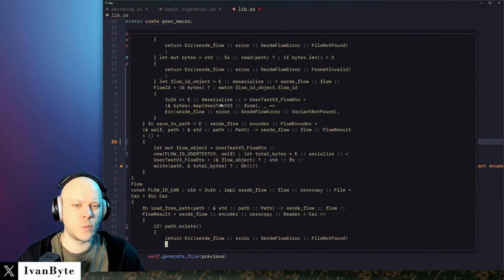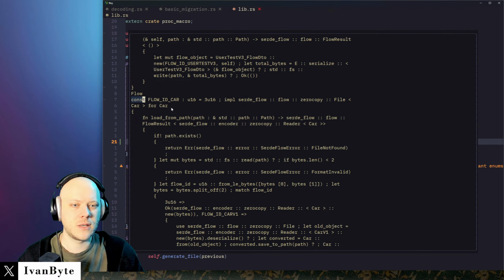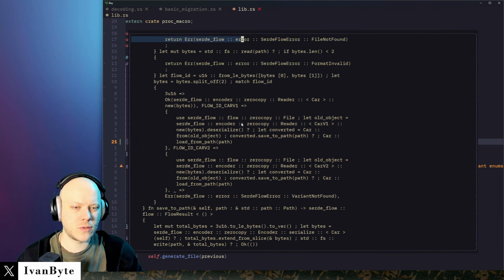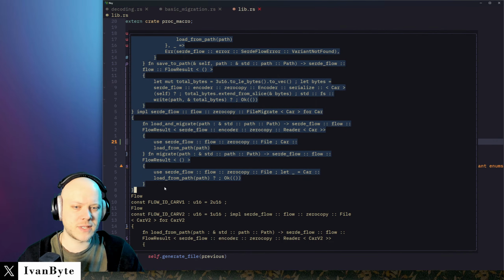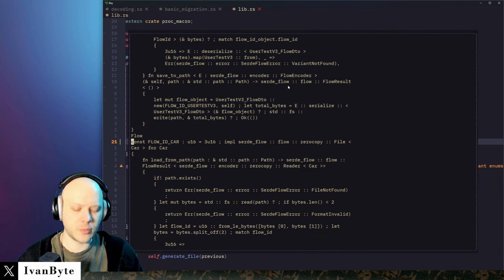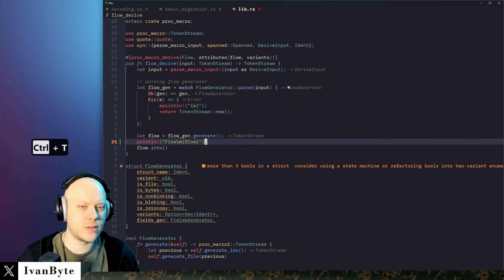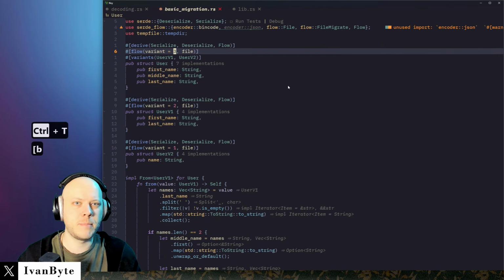Car ID, which one? A 3, yes. The conversion from, yeah, good example. Let's copy that. Yeah, it's formatted badly, but